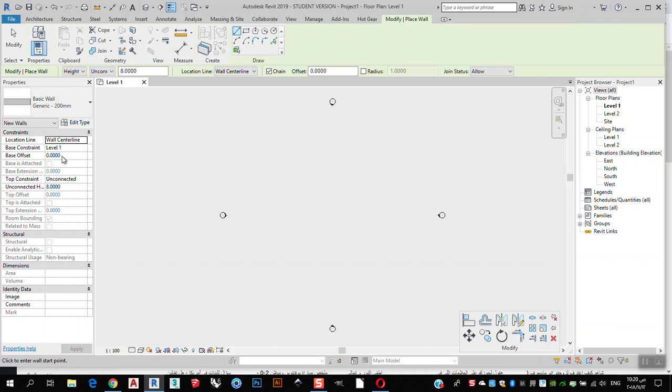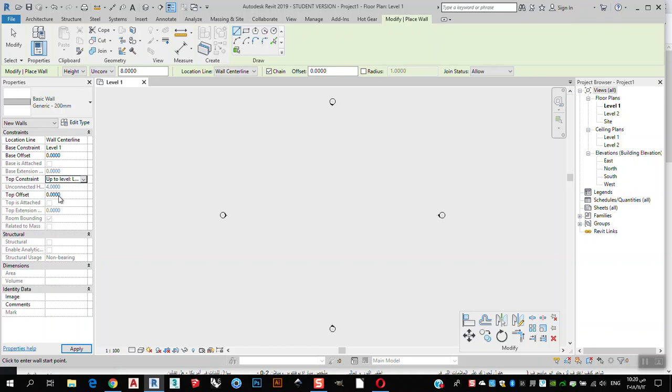No, you can just leave a distance from level 1 and start, and this may be positive or negative. You can also enter the top constraint, so you can make it level 2,